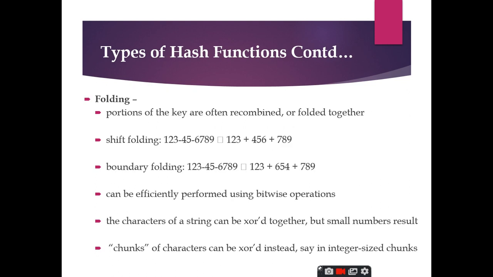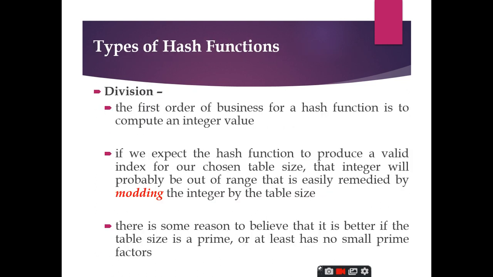So let me quickly start the topic of types of hash function, right? So what are the basic requirements of the hash function? Sir, easy to compute and uniform distribution, fewer collisions, sir. Right. So the hash function that you take should be easy to compute. It should not be an algorithm which involves a lot of steps, and it should provide a small number of collisions. And whatever values you have, those values should be uniformly distributed. So that is the basic requirement of any hash function you take.